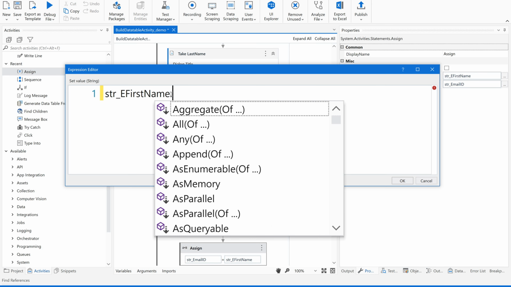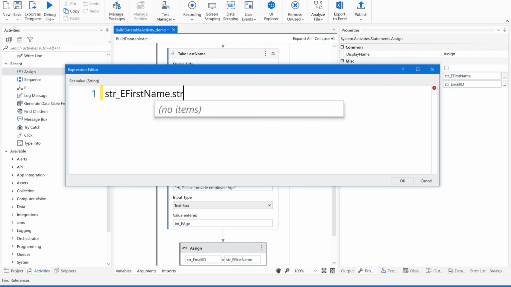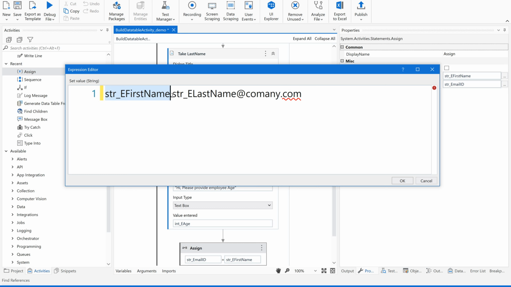I'll let you know how to create this later. We'll change it accordingly. @company.com. Fine. Now, since this is a variable and dot is not a part of the variable, I am keeping this in